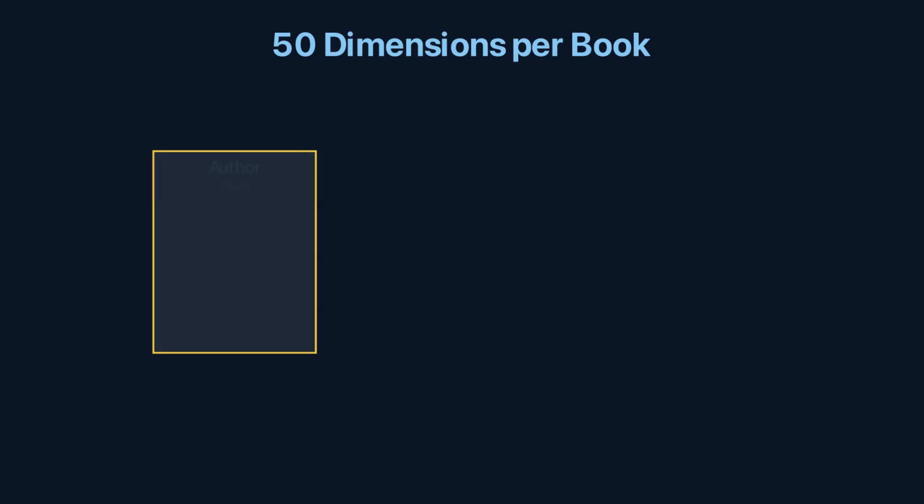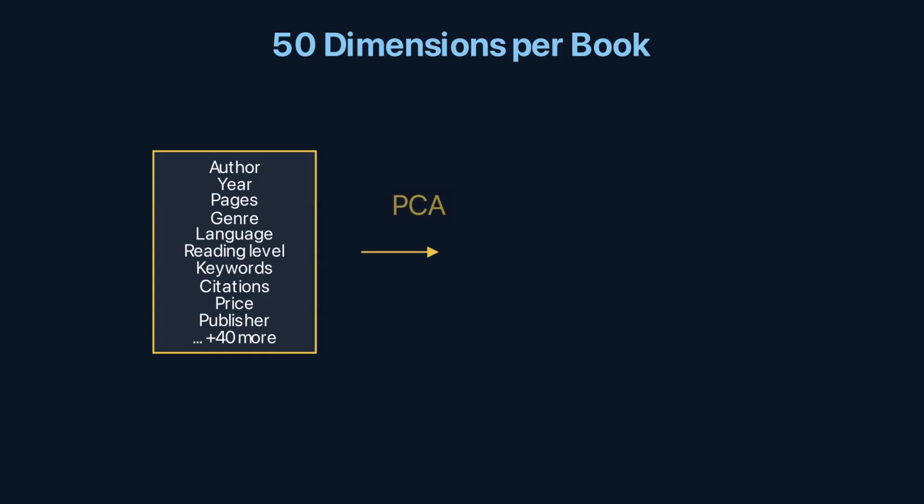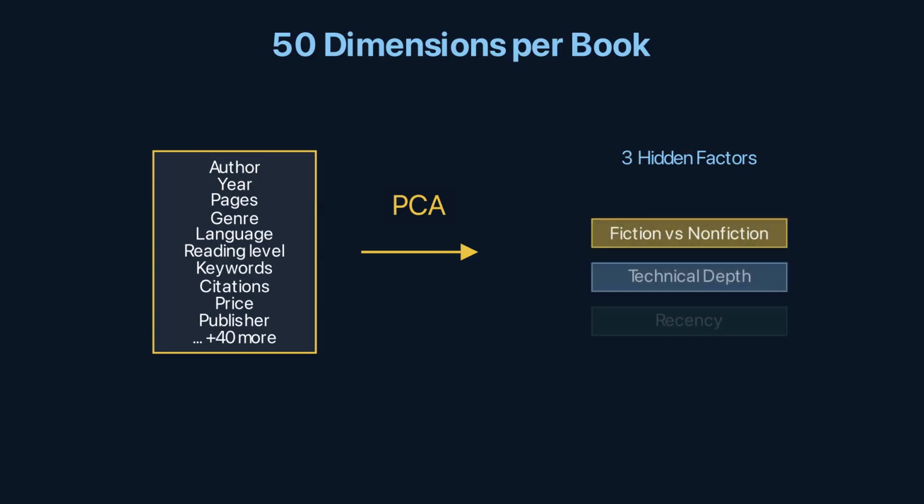Each book has 50 metadata fields: author, year published, page count, genre tags, language, reading level, topic, keywords, citation count, price, publisher, and 40 more. 50 dimensions per book. You can't visualize 50 dimensions, but PCA finds that 3 hidden factors explain